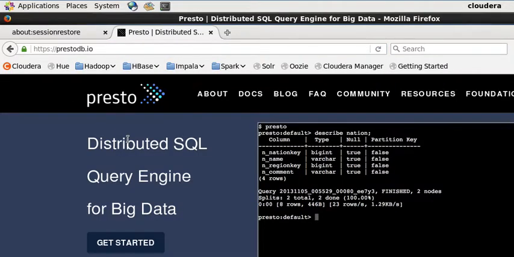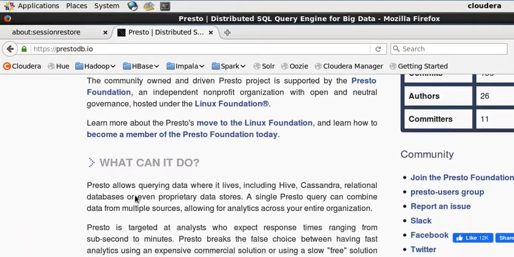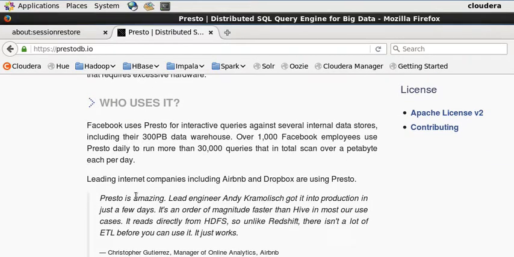You will see the Presto screen. As you can see, it is a distributed SQL query engine for big data. Just read what is written, who uses it, and that's enough for you to understand the power. Okay? So if you read that,